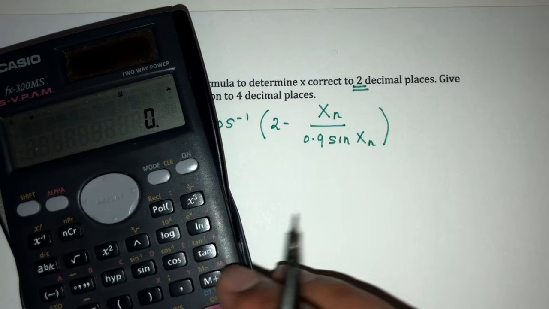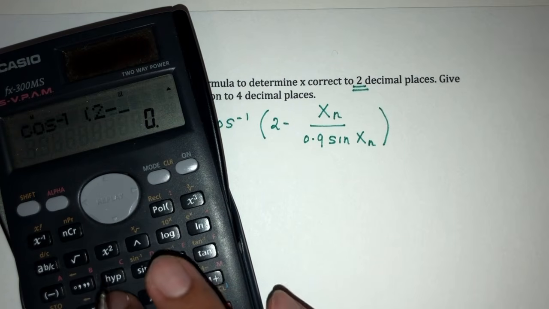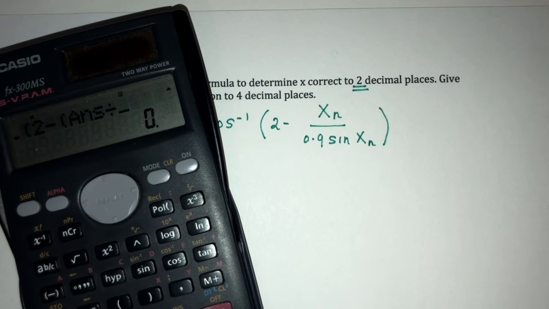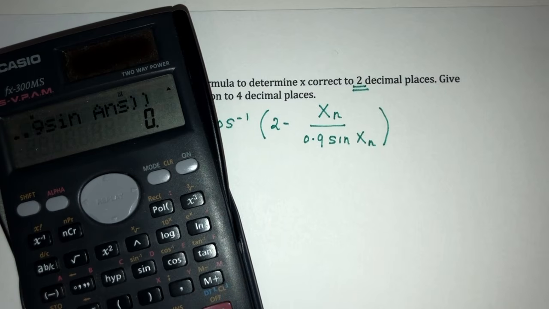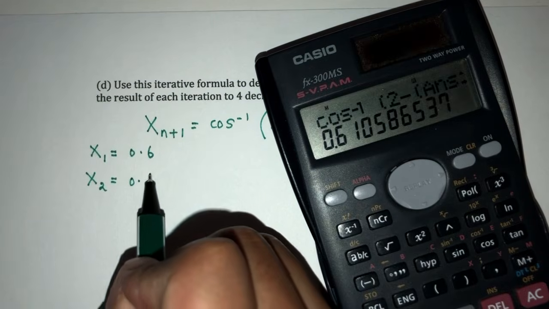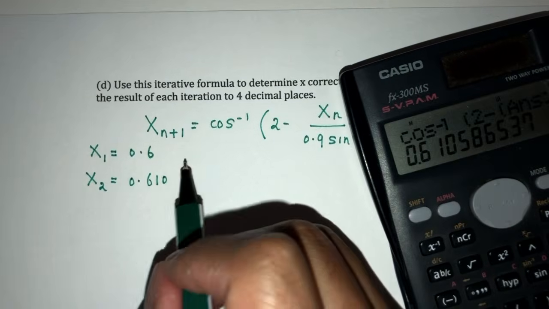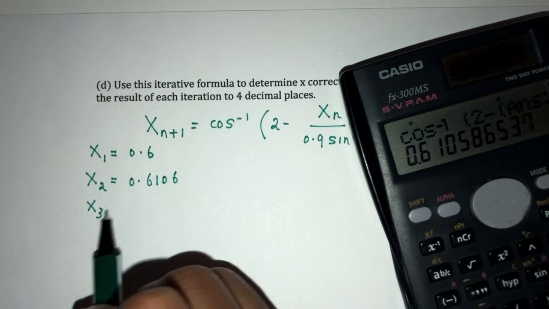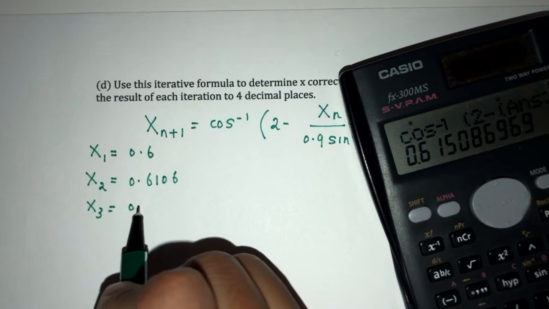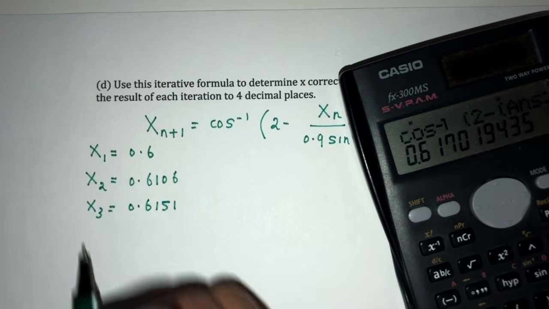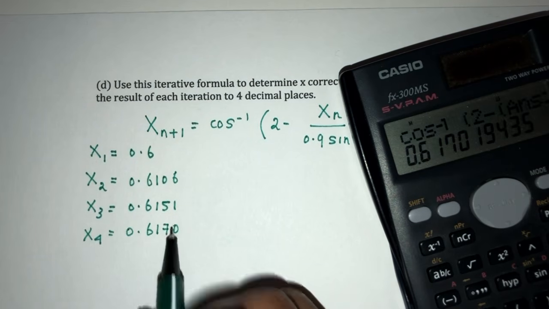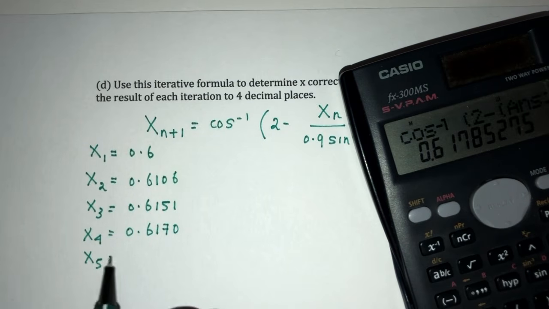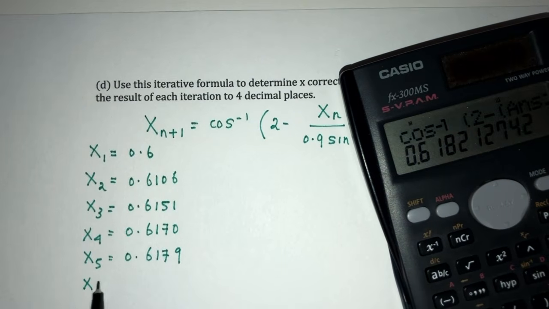Then we have x will be cos inverse of (2 minus answer) divided by 0.9 sine of answer. That will be this. So that will be 0.610506 x3. That will be 0.6151 x4, 0.6170 x5, 0.6179 x6,